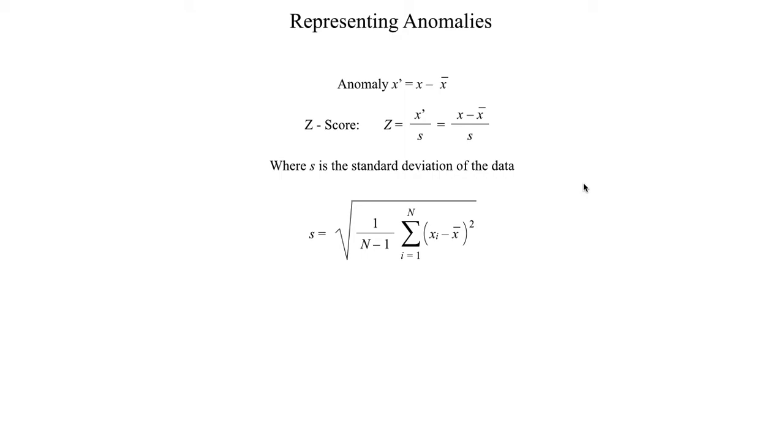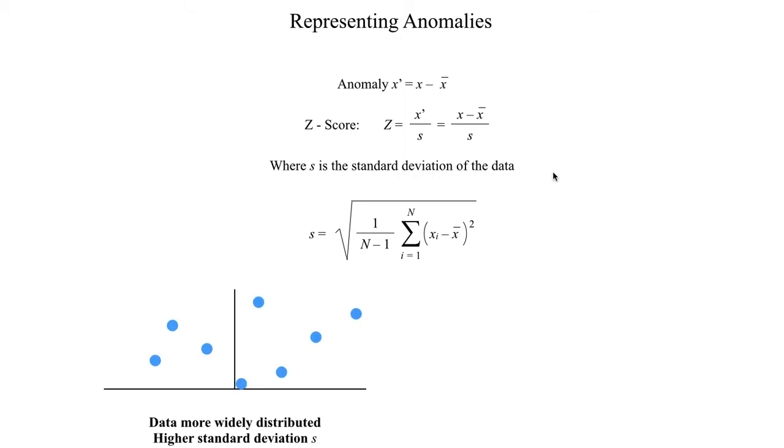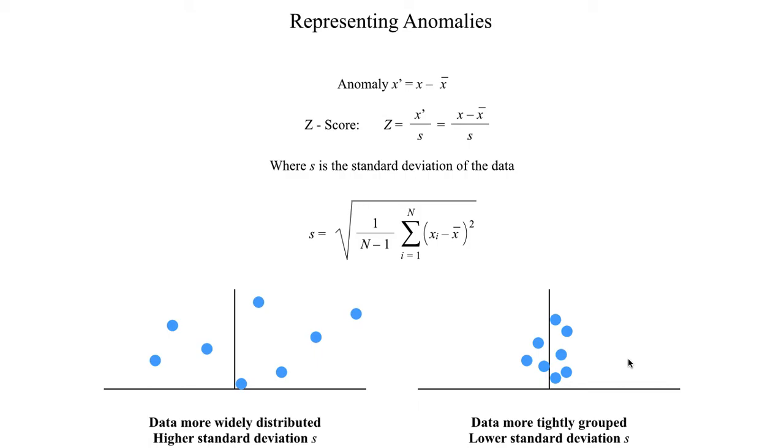But from a more practical standpoint, standard deviation basically represents how widely scattered the individual data points are. So if the data points are really far away from each other, then that would tend to tell us that we have a very wide distribution of data, which would correspond to a higher value of standard deviation, which means our term S here will in fact be quite large. And if we contrast that to a data set where all the individual values are very close together, tightly grouped, with not a whole lot of spacing between them, that would correspond to a lower value of standard deviation or a lower value of S.